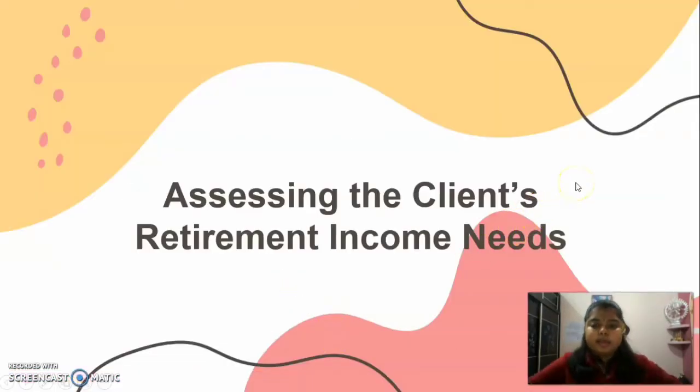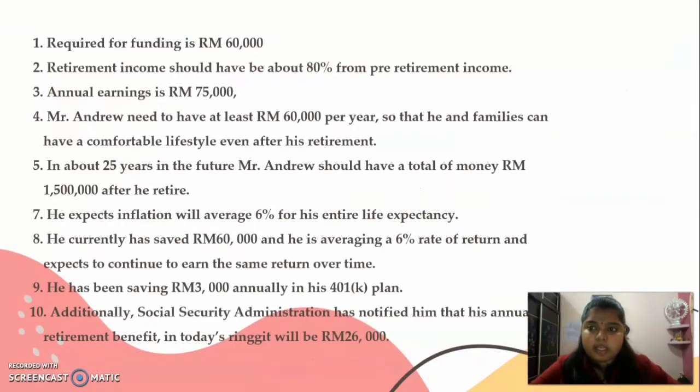Okay. Next, I'm going to explain about assessing the client's retirement income needs. The requirement for funding is 60,000. Retirement income should be 80% of the pre-tax income. Mr. Andrew's annual earning is 75,000. He needs to have at least 60,000 a year so that he and his family can have a comfortable lifestyle